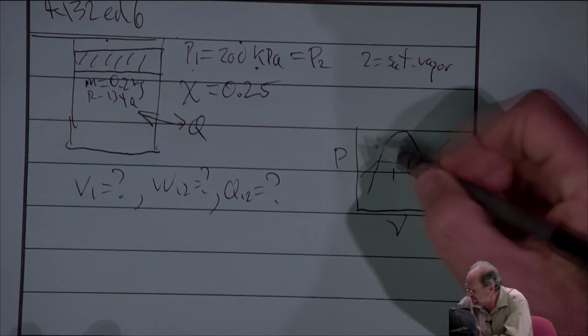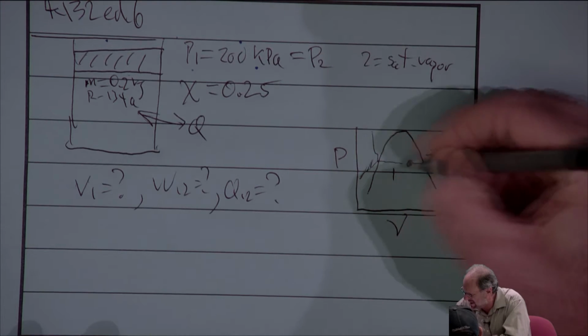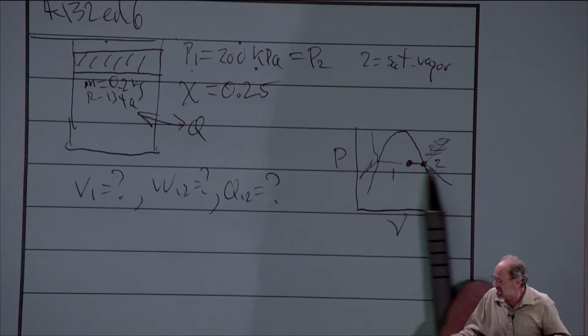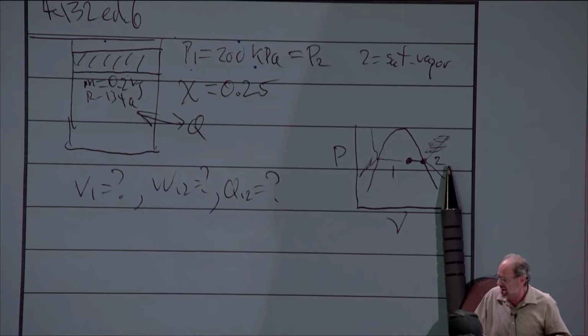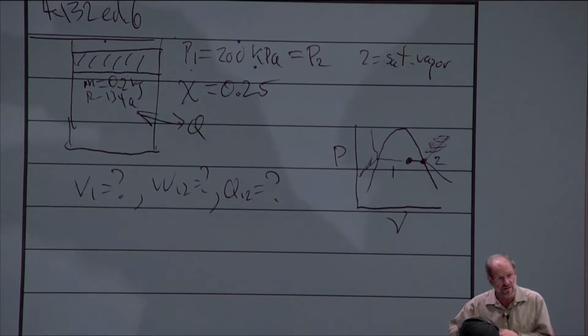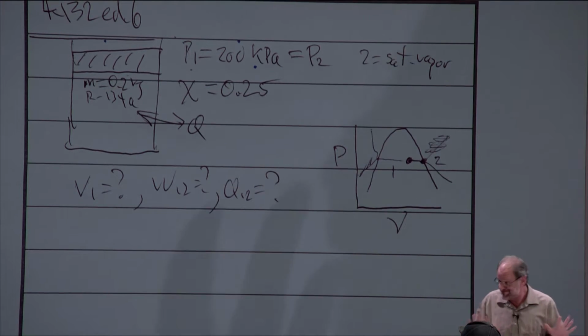I'm sorry, I didn't do this right. This is the PV diagram. I'm thinking TV diagram. Constant temperature lines kind of work like that. Nonetheless, it doesn't matter. If it's superheated vapor, then clearly we've added heat beyond the point where it's a saturated vapor, and that's not what we want, right? This problem ends when the cylinder contains only vapor, and there you have it.